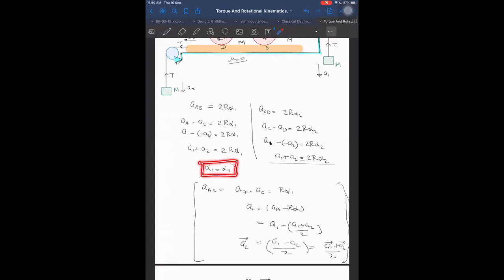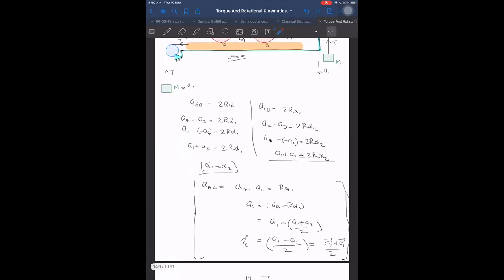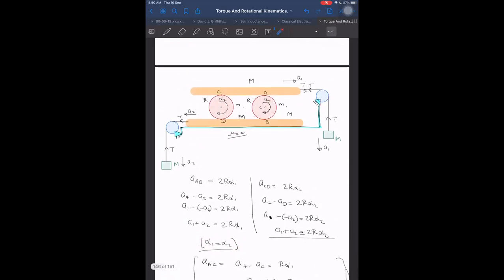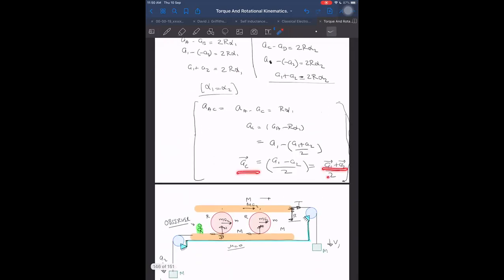Alpha 1 is equal to alpha 2. You have understood already one more thing: if somebody asks only, what are the angular accelerations of A and B? You know that without completely solving it, we can prove that alpha 1 is equal to alpha 2. Other things we could have asked are the acceleration of this and this, and you know now that the acceleration of the center will be (A1 plus A2) by 2. So there are many things which you can answer without having to solve the question in detail. So our aim is to analyze.